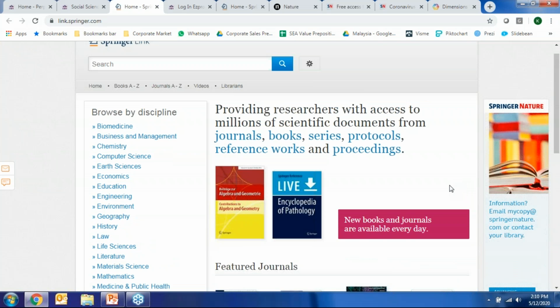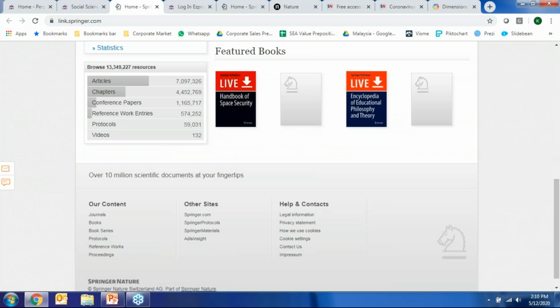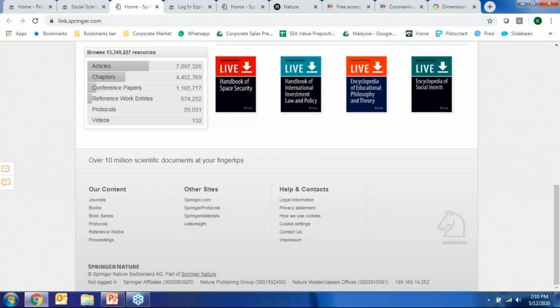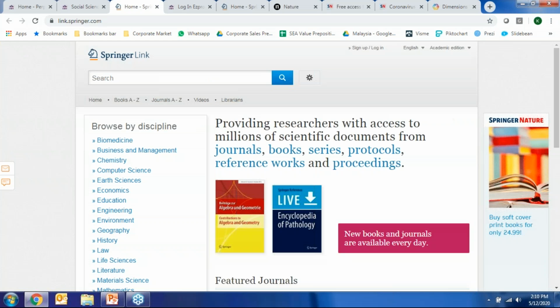All right. This should mean that if you scroll to the bottom of the page, you would see that you are a recognized user of University Malaysia Terengganu. There should be some wording at the bottom here that says logged in as an affiliate of University Malaysia Terengganu. Okay, so that's very important. Again, you must ensure that you log in through the Easy Proxy access, especially when you are using this platform from a mobile device, or from your home Wi-Fi, or even from an internet cafe somewhere else.